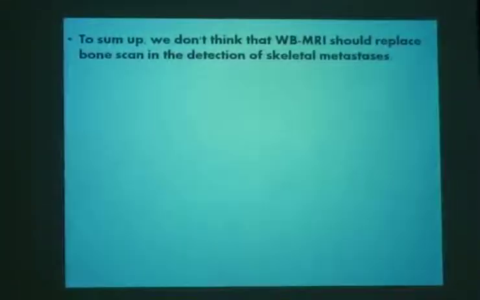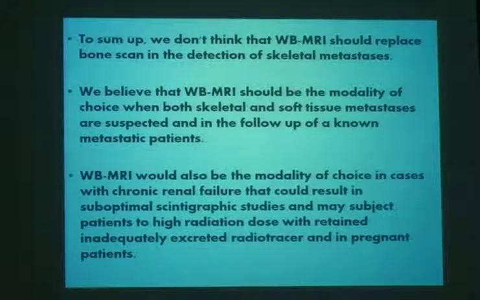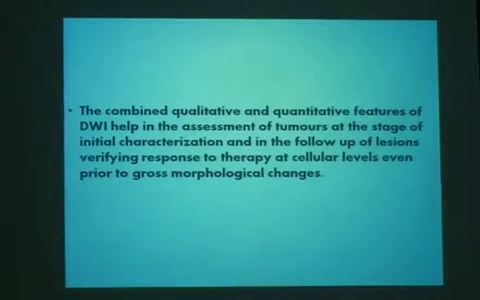To sum up, we don't think that whole-body MRI should replace bone scan detection of skeletal metastasis. We believe that whole-body MRI should be the modality of choice when both skeletal and soft tissue metastasis are suspected, and in the follow-up of known metastatic patients. Whole-body MRI, as I earlier mentioned, would also be the modality of choice in case of chronic renal failure, pregnant patients with metastasis. The combined qualitative and quantitative features of diffusion-weighted imaging help in the assessment of tumors at the stage of initial characterization and in the follow-up of lesions verifying response to therapy at cellular levels, even prior to gross morphological